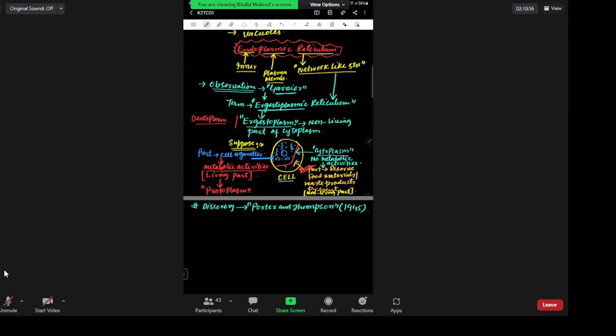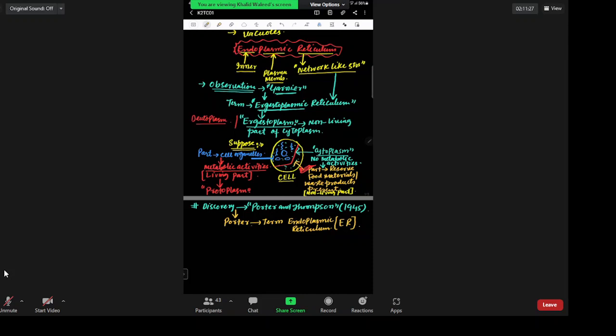ER को. And for the first time, Porter used the term endoplasmic reticulum or ER